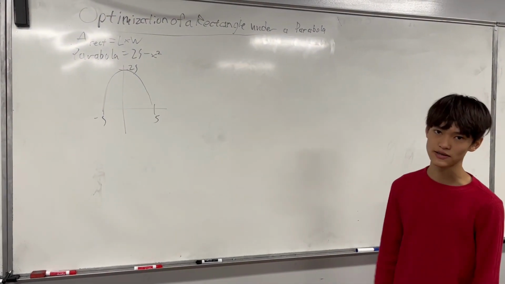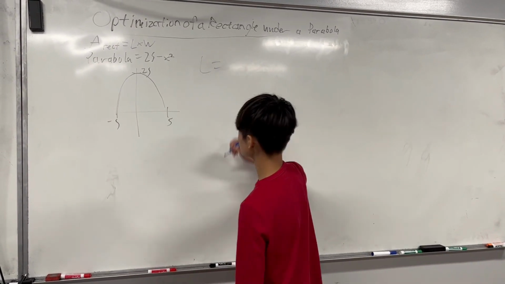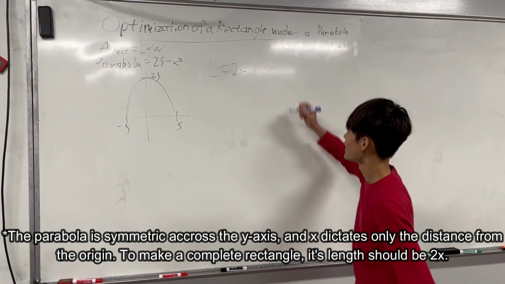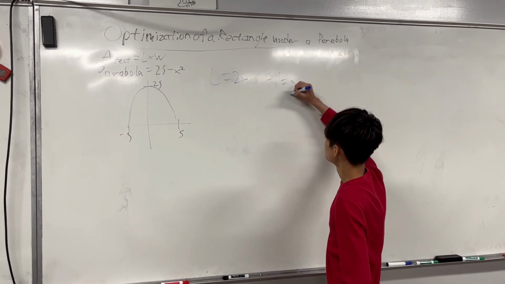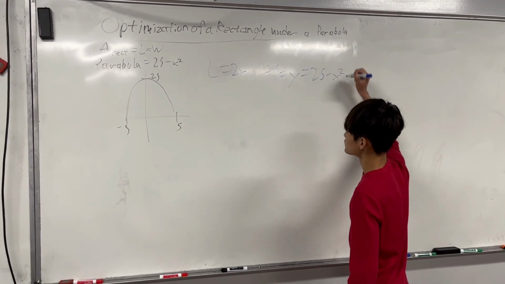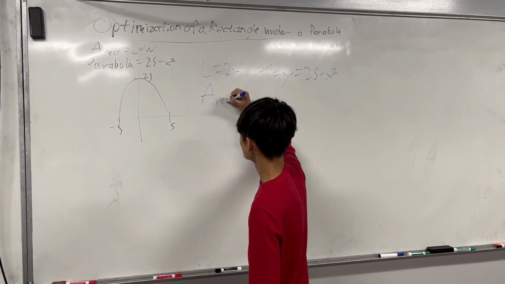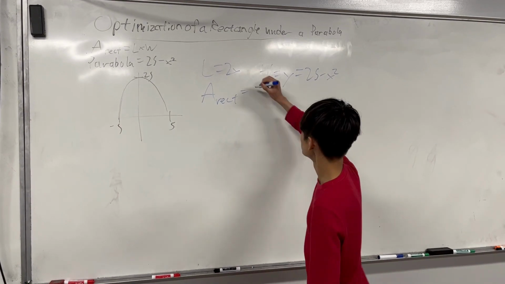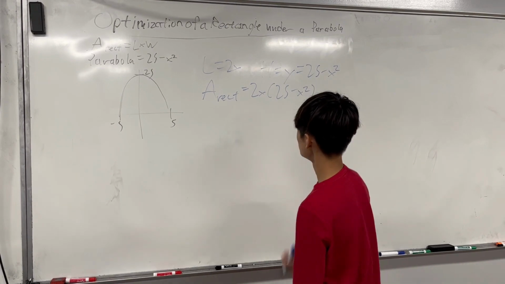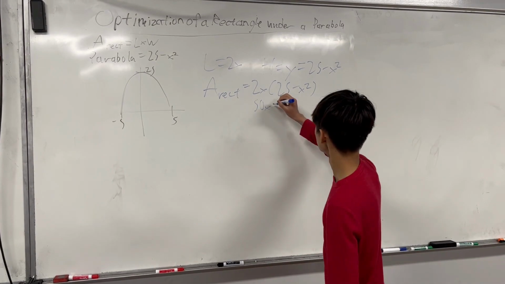Let's optimize a rectangle under a parabola. The length of the rectangle is always going to be 2x, because the height is going to be equal to y. That simplifies to 25 minus x squared. So therefore, we know the equation for the area of the rectangle is equal to 2x multiplied by (25 minus x squared). We can expand this to get